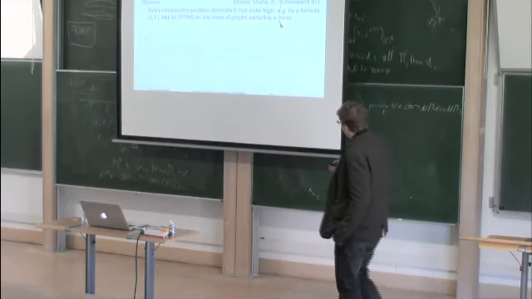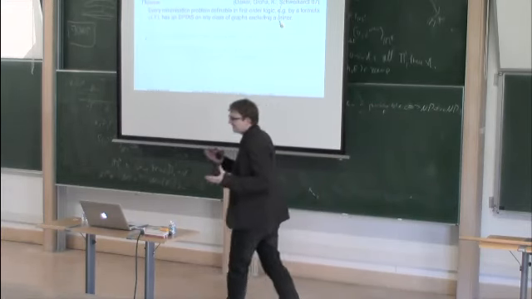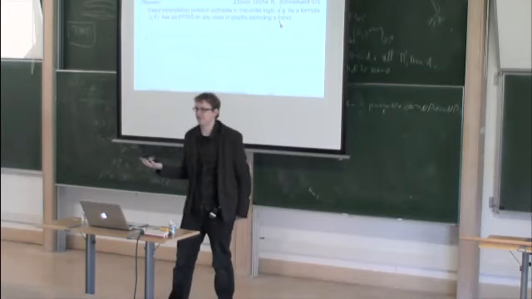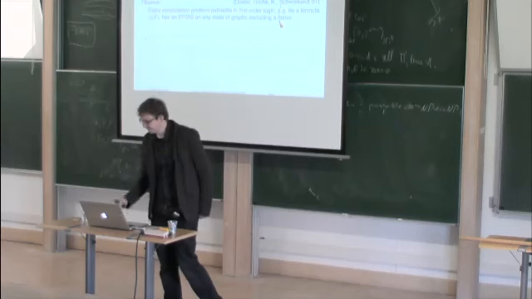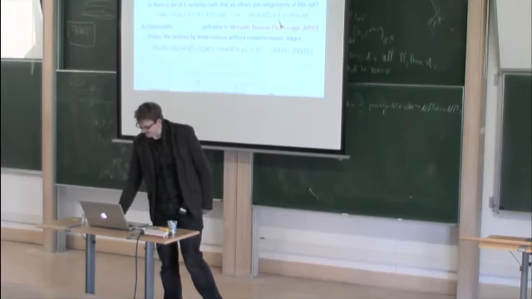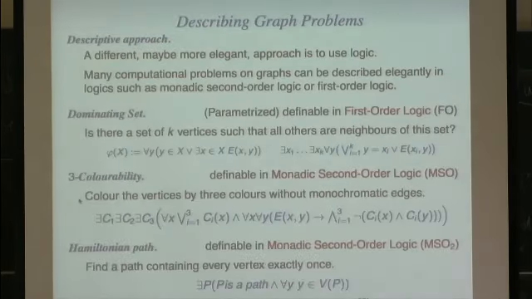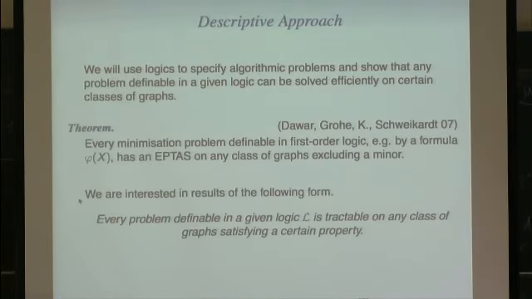Okay. And so if you compare this to the previous theorem, they basically give very similar results. Only here, what we require is that the problem is first order definable, so describable in a language we understand. And here, you don't need to show first order definability, but you have to give algorithmic criteria. Right? So they come in two different flavors, and obviously both have advantages and disadvantages. And in this talk, basically, I'm interested in theorems of this form. So theorems that more generally say every problem definable in a given logic L is tractable on any class of graphs